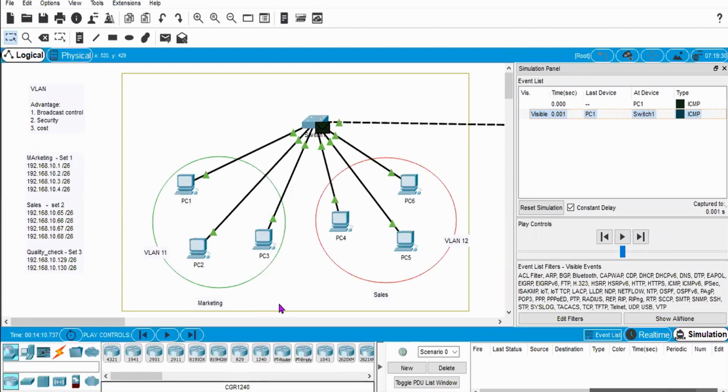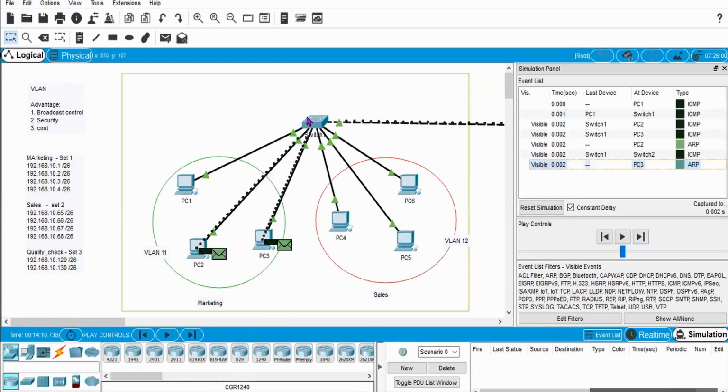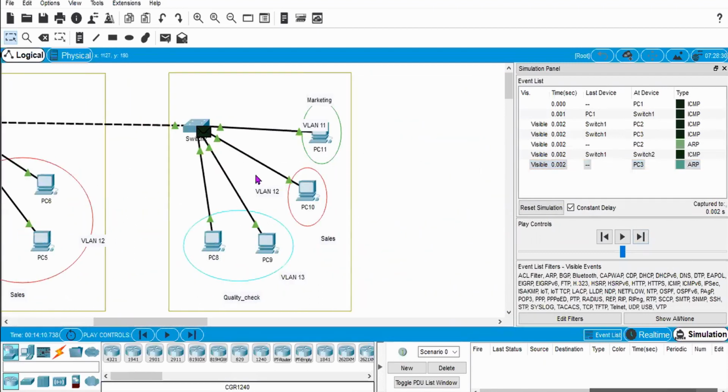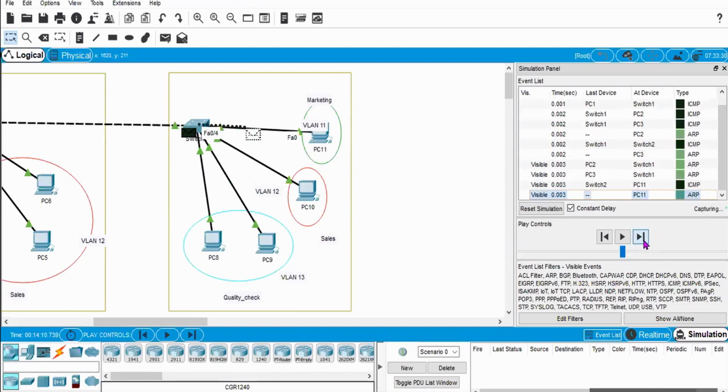Okay, so if I send a broadcast in virtual LAN number 11, it will go to virtual LAN number 11 itself. If I press next, you can see that this is going to virtual LAN number 11 here, and one more virtual LAN number 11 means the same category of PC, the marketing department. So it will go to this switch, and this switch also forwards this echo request only to the proper marketing department. This broadcast will go to all the PCs or all the end devices of the marketing department, and they will react.